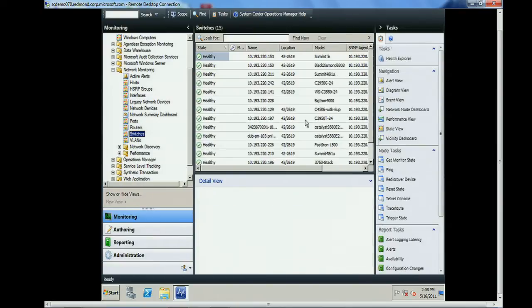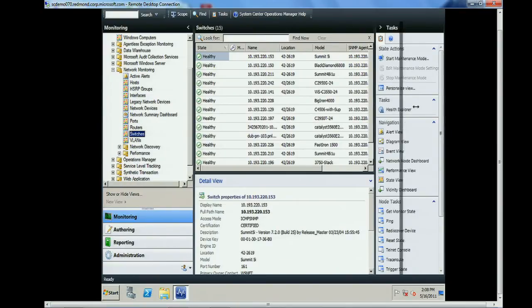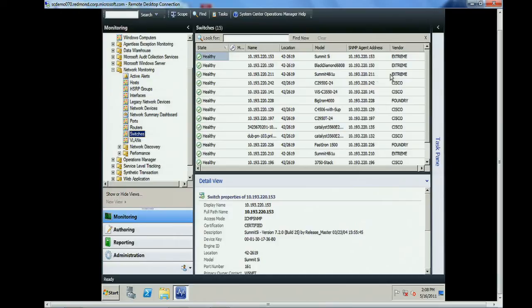Here's all the switches. Now notice, by the way, if I can get this a little bit bigger for y'all. I've got some Extreme, I've got some Cisco, I've got some Foundry. Again, very much a multi-vendor based model. And for the folks that raised their hand earlier and said, hey, I'm the networking person for my environment,